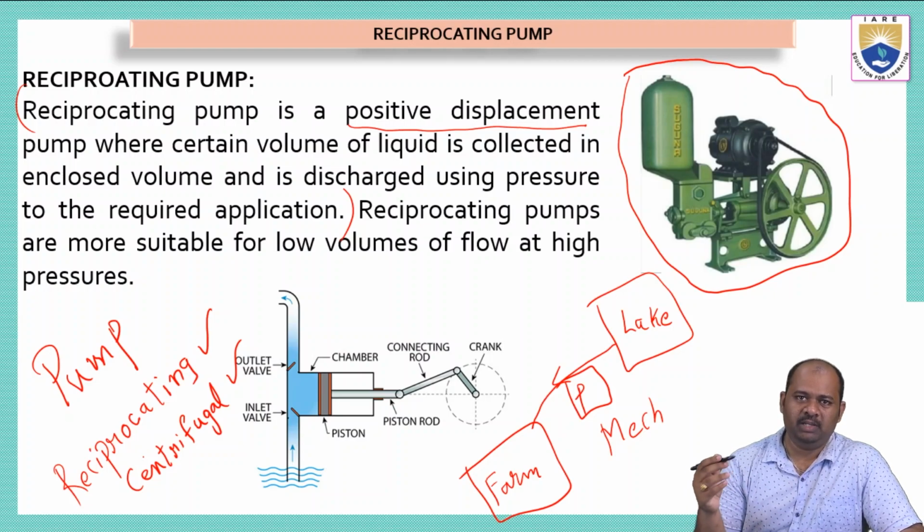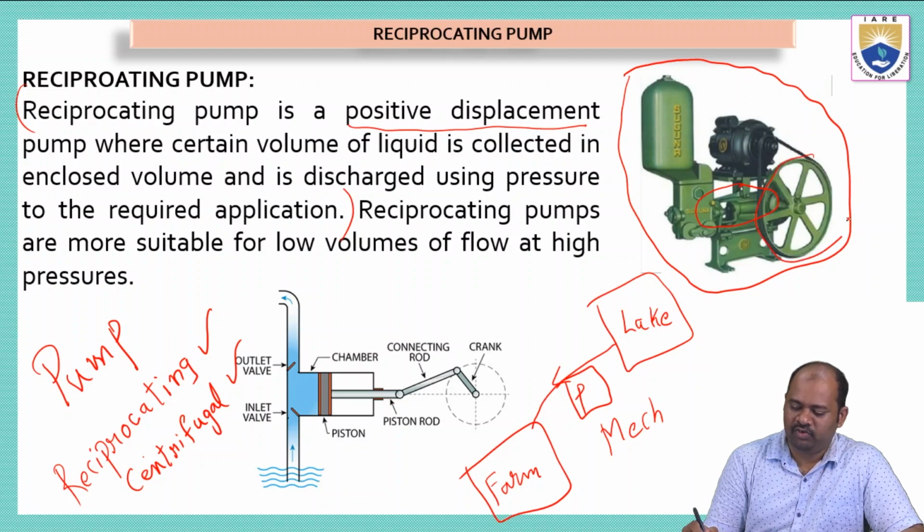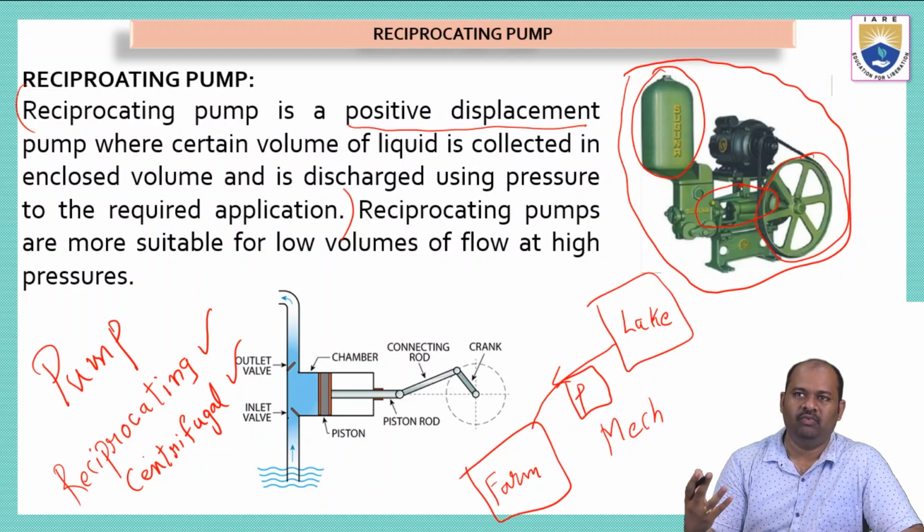the reciprocating pump will have a cylinder here. Okay, this is a cylinder, and we have a crank wheel, and this is an air vessel which is used to control the flow. Okay, now when we go into the next coming slides, we will try to understand the actual working of this